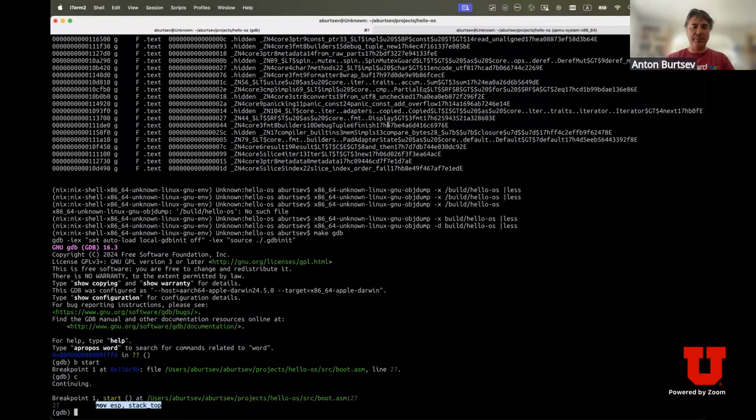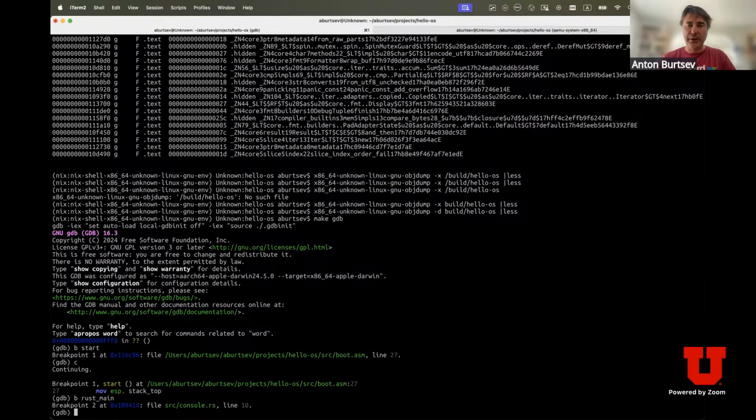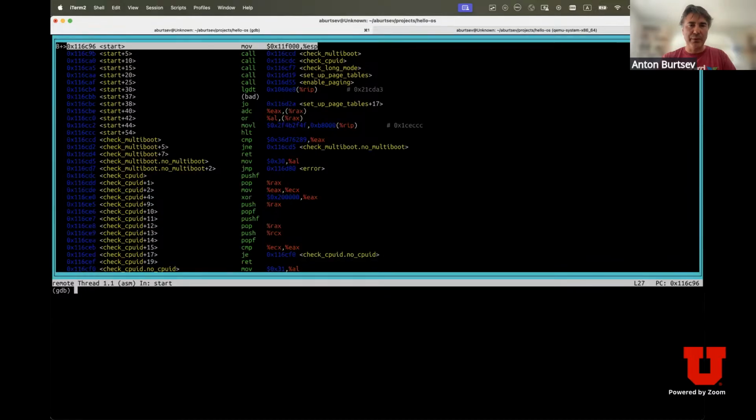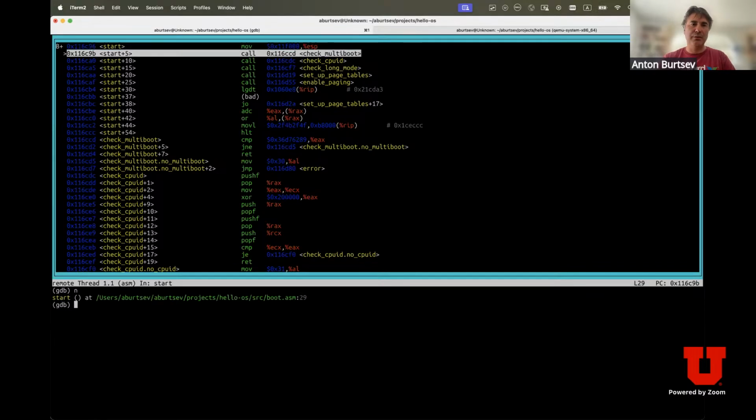So we'll try to do something again, and it's very similar, Rust works, everything works. Let me just do another breakpoint on Rust main to make sure that we get there, right? Somehow it gets the file wrong. We'll see in a second. But the point is that layout asm will give you this, right? So you say, look, this is what you are executing. Say next function, that's essentially what runs inside boot